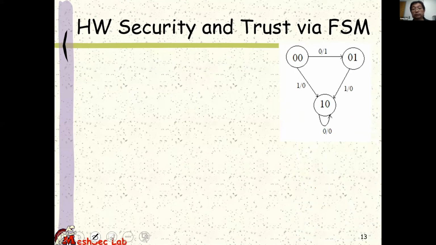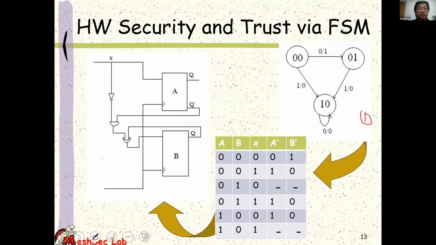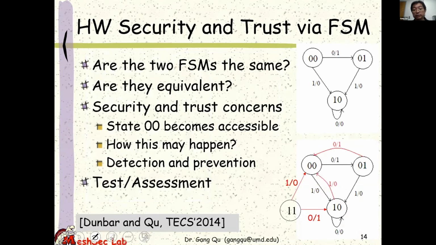As a matter of fact, how do we reach the second state machine? I start from state machine 1 and do the traditional system design, and eventually I come up with this digital circuit. Then when I do the finite state machine representation of this circuit with a full circuit analysis, I come up with this one here. So that basically shows I have a correct design. And if you use the product machine to verify this, they are the same.